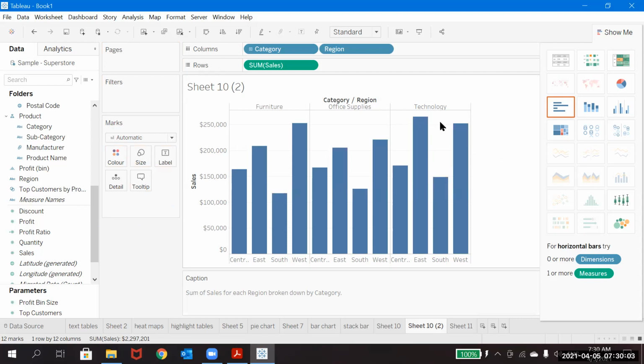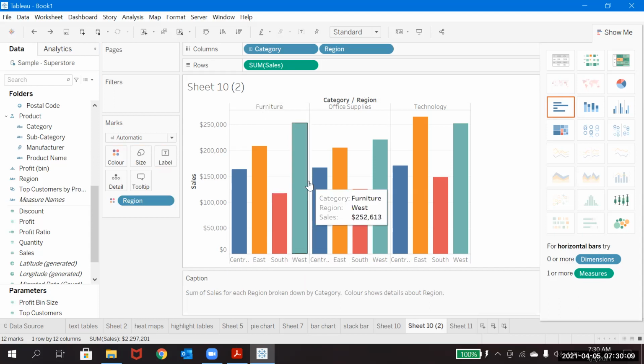So if you see here, on top you have the category, and with respect to region it is showing. So the regions are shown side by side. So that is the difference here.